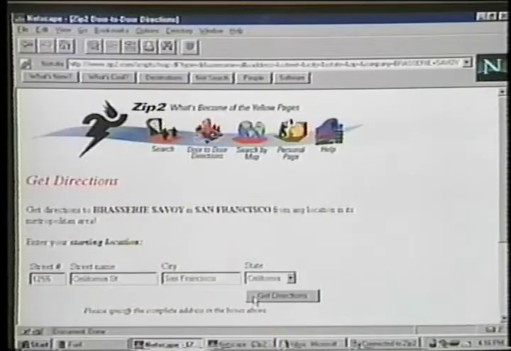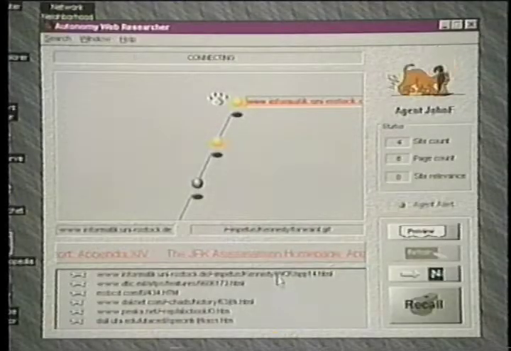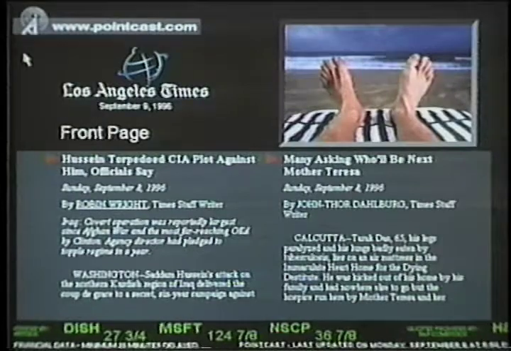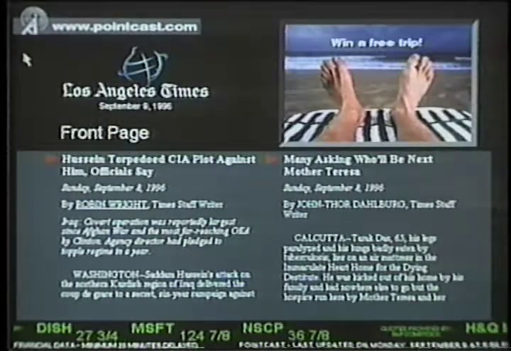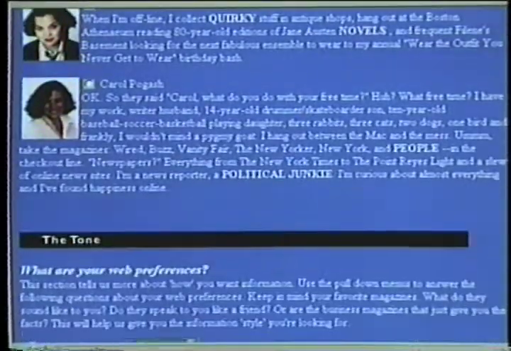We'll show you a specialized search engine that acts like an automated Yellow Pages, and we'll explore the new world of intelligent agents that learn as they go. Plus, we'll show you the very cool PointCast service and one search engine that uses a unique piece of technology, a human being. All this and Giles Online, this week's computer news, my pick of the week, coming up next